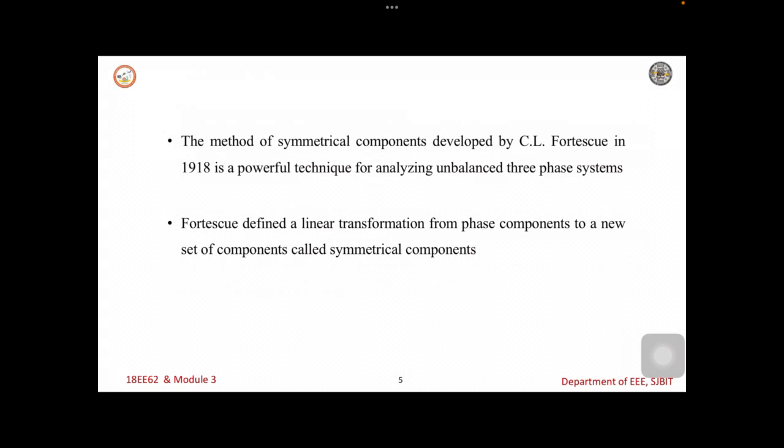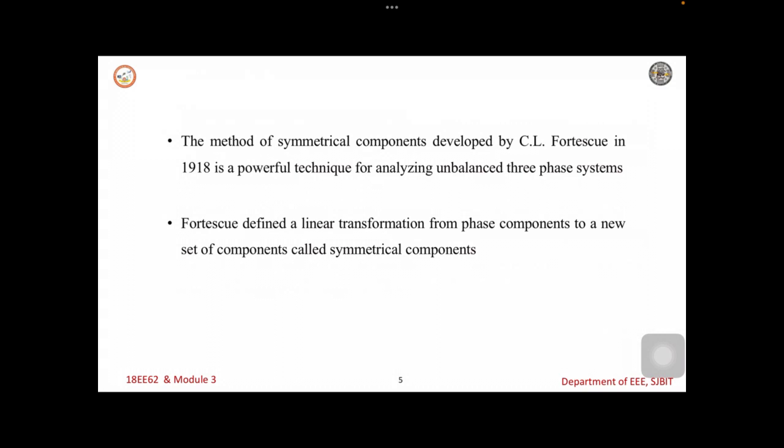These symmetrical components have come about in order to get the solution for the unbalanced system. Unbalanced system is due to the faults in different scenarios like internal faults or external faults. The fault current is not the same in all the three different phases in a power system. So in order to analyze the fault conditions, with the different voltages and currents in the phases, we come across the